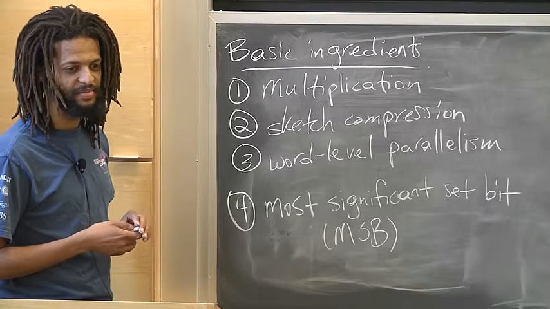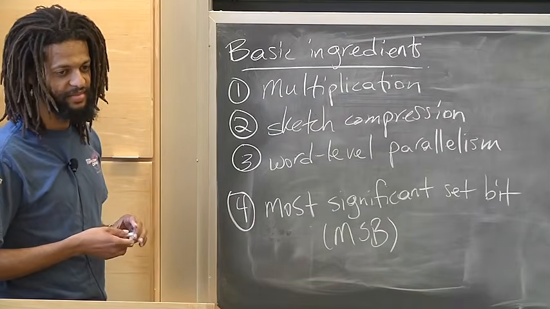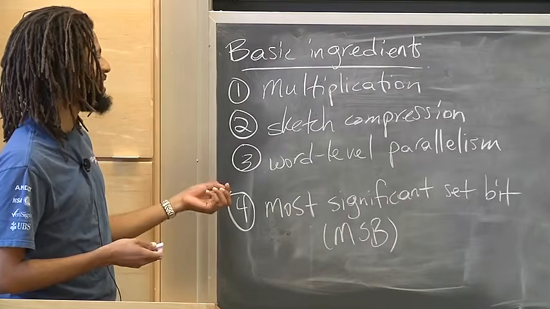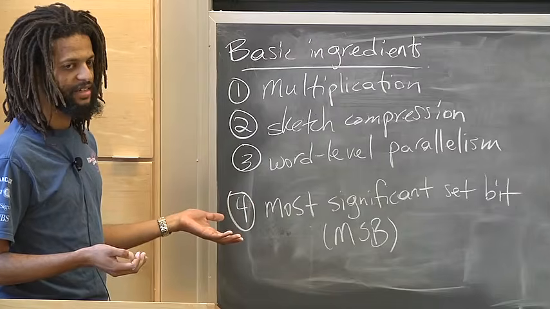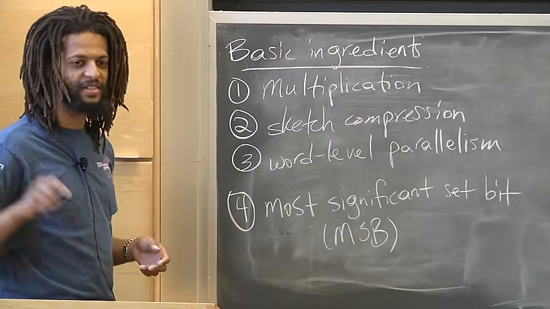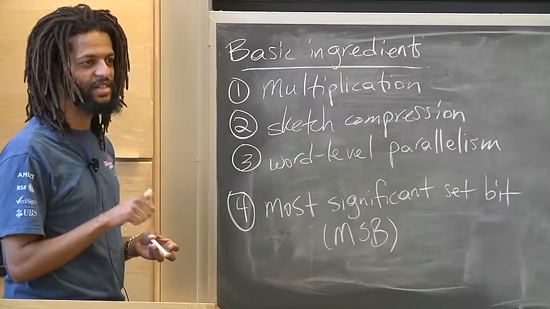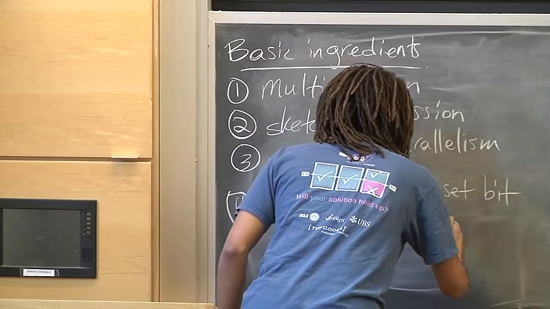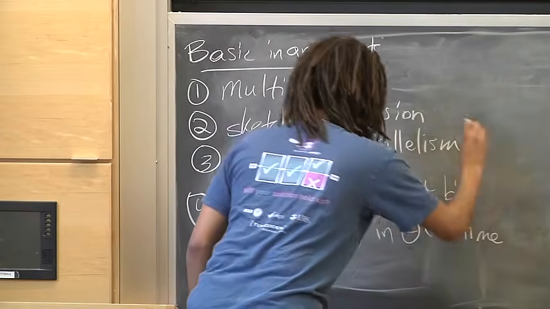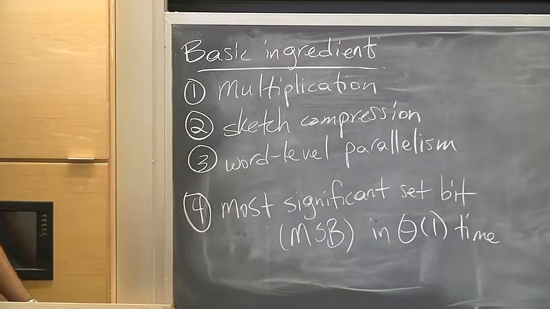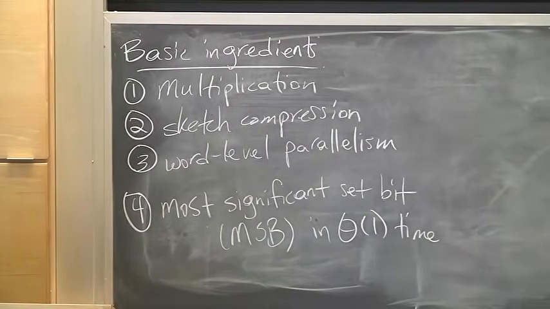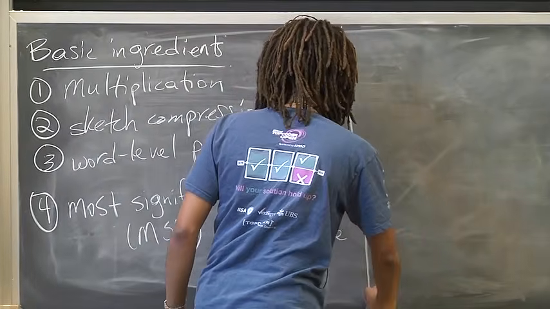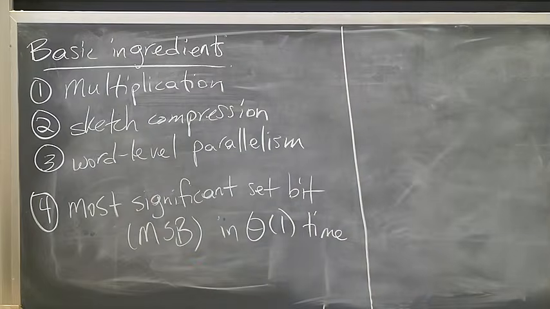Okay, how would you do log W? Yeah, you do binary search to figure out the largest i such that your number is bigger than 2 to the i. And 2 to the i is just one bit shift i positions to the left. So that's all constant time per iteration. But we're going to see this in constant time. We're going to show that in the word RAM you can actually do most significant bit in constant time. It's not going to be as easy to explain, but we'll do it.